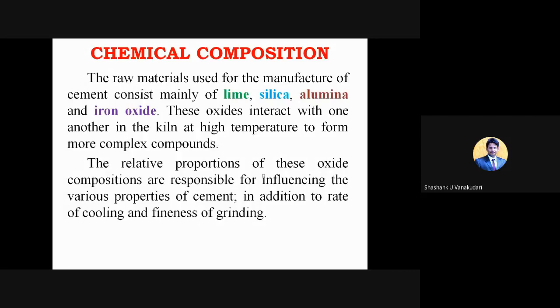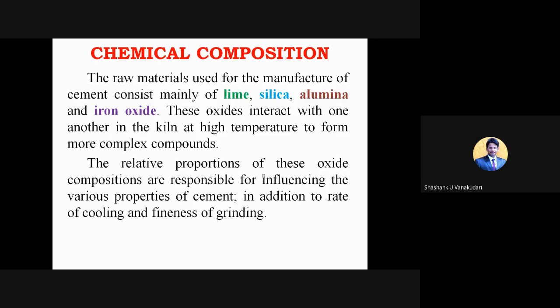In the previous class, we discussed the manufacturing process of cement, that is, the wet process and dry process. In this class, we'll discuss the chemical compositions of cement. Basically, cement is made up of various raw materials such as limestone, clay, iron oxide, etc. Once the manufacturing process is done, some chemicals are formed within that particular cement structure. So now we are going to study those chemical compositions which are present in a cement sample.